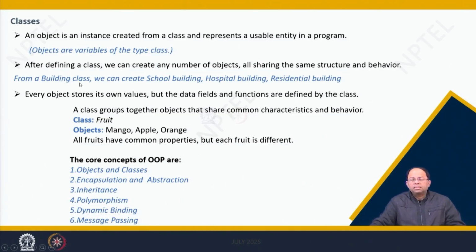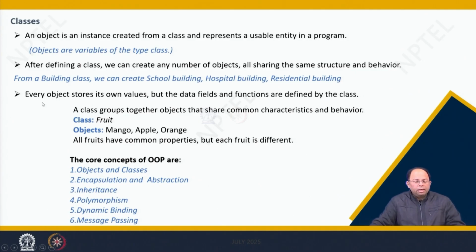From a building class, that means we can create a school building, a hospital building, a residential building, because a building class probably has a structure with building height, building floor area, and a few other properties, right? So when I say school building, I will say the floor area is this, total height is this, users are school children, and so on. So we can put the actual variables in that structure and create that object, which is